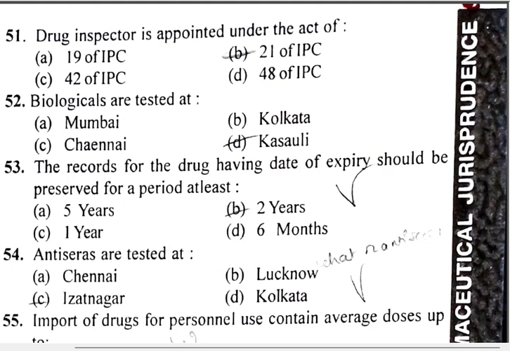Drug inspector is appointed under the Act of 21 of the Indian Penal Code. Biologicals are tested at Kasauli. The records for the drugs having date of expiry should be preserved for at least 2 years. Antisera are tested at Izzatnagar. Import of drugs for personal use contain average doses up to